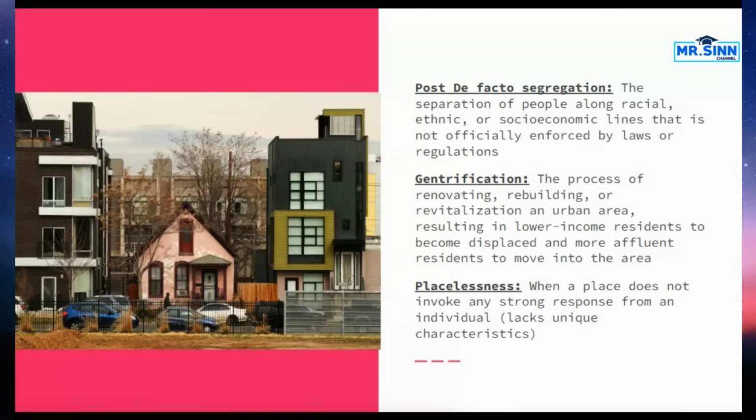All right. Next questions that we're going to get to, or the next concepts, are actually going to deal with segregation. And I've already mentioned one of the terms, and I'll put the screen up again so you can see the different stuff here. But one is de facto segregation. So this is segregation that is occurring where there isn't necessarily a law or regulation that's causing it. What we are starting to see here is that there's people that are separated, and it's generally either by racial, ethnic, or socioeconomic lines, but it's not actually a current law or regulation. Now, some people will point out that, well, in the past, we've had things like redlining.